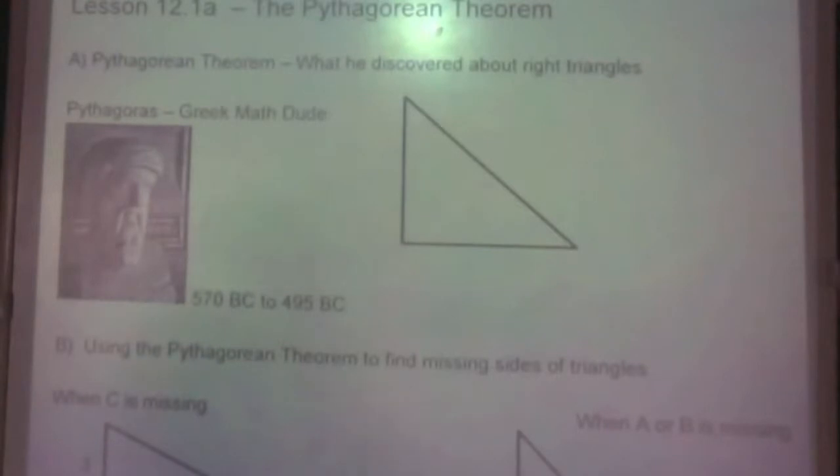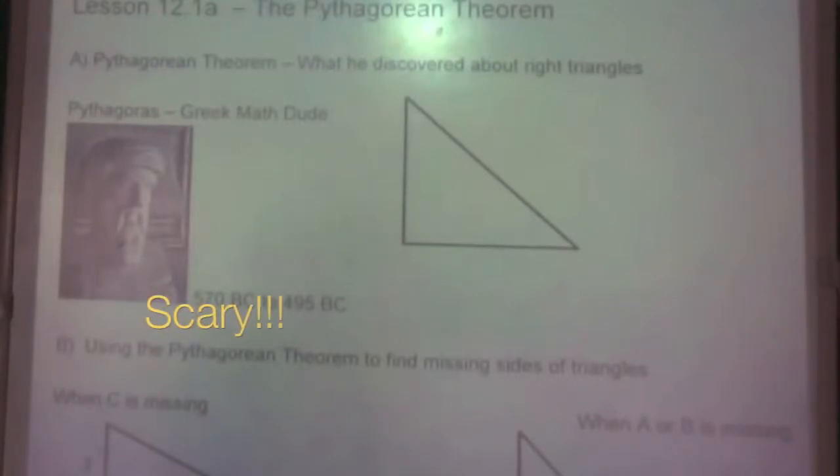All right, so the Pythagorean Theorem started with this guy right here. His name is Pythagoras, and he lived a very long time ago in ancient Greece, 570 BC to 495 BC. In ancient Greece, there wasn't a whole lot to do back then, so Pythagoras just kind of sat around thinking about math all day, and he came up with some stuff. There was no internet, no cable TV, no smartphones, no gaming. So pretty much it was a middle school student's worst nightmare, ancient Greece.